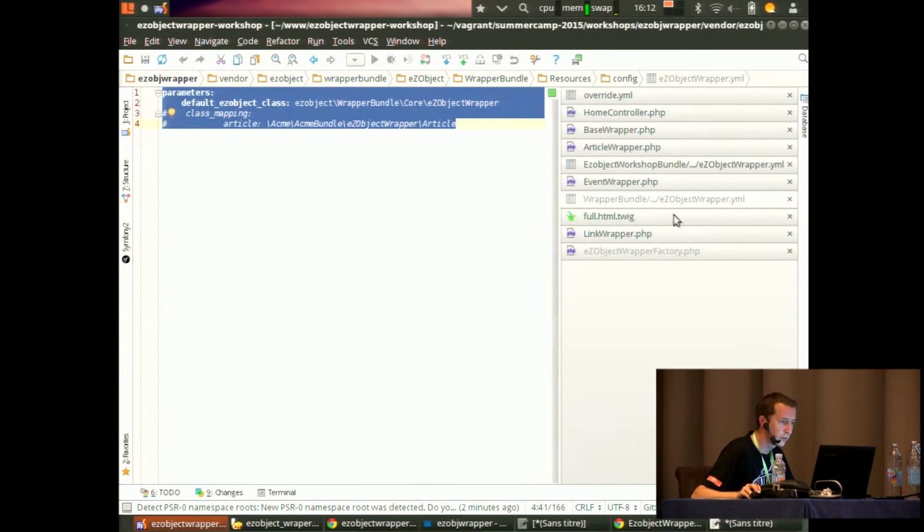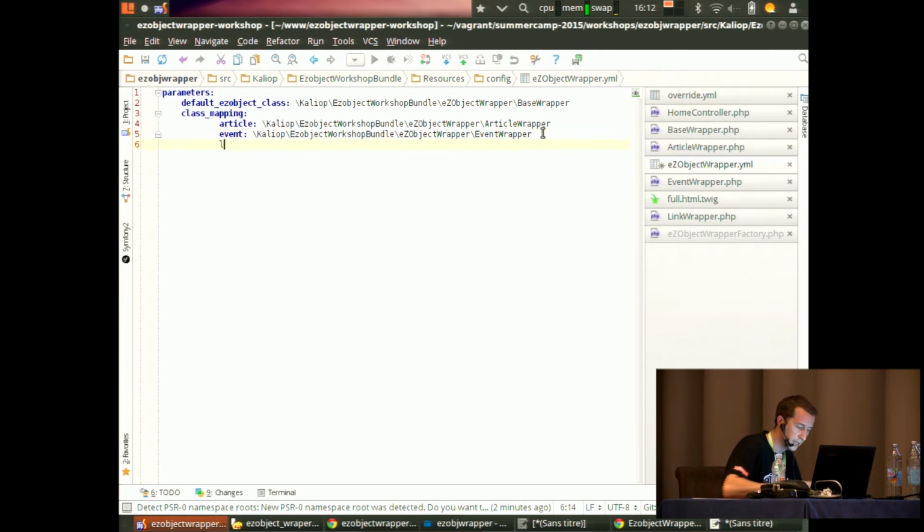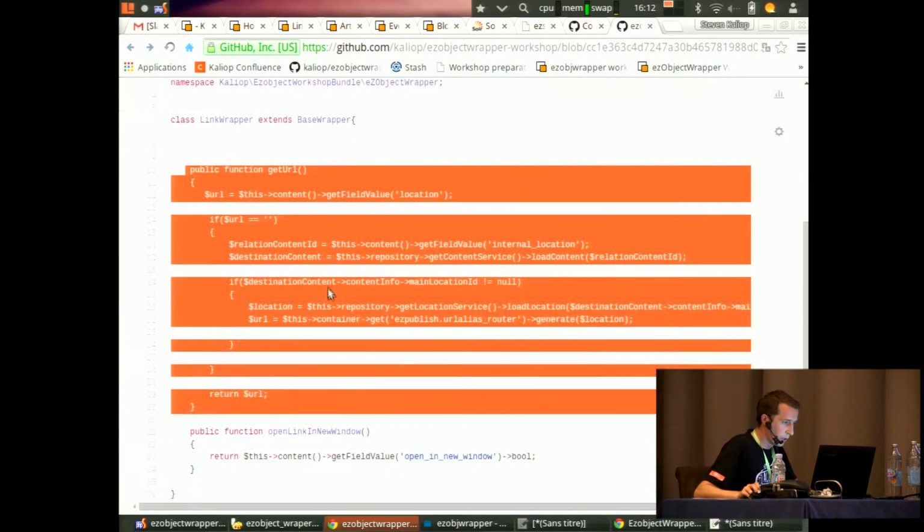So don't forget to make the mapping to the link class in your eZObjectWrapper.yaml file. So you link it to the link wrapper class we just created. And here we will use it in